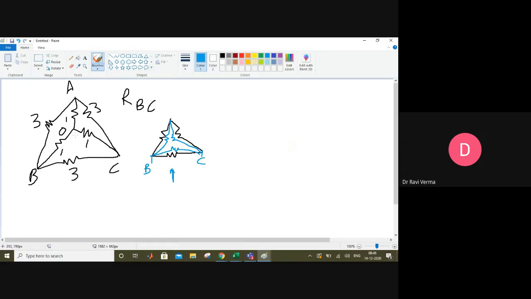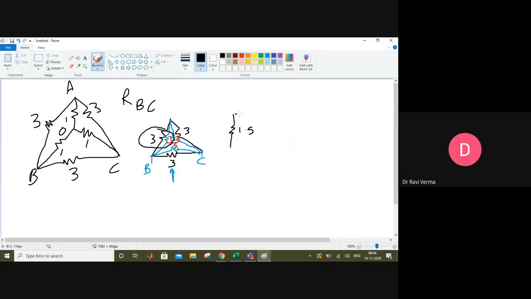So in star it was 1, 1, 1. So in delta this value will become how much? 3, 3, 3. So this is 3. This side is 3, and this side is 3. And the outer side you already know the value: 3, 3 and 3. So this 3 and this 3 are in parallel. So how will it look? These two junctions are in parallel, 3 and 3. So what will be its equivalent? 3/2. No, 1.5.